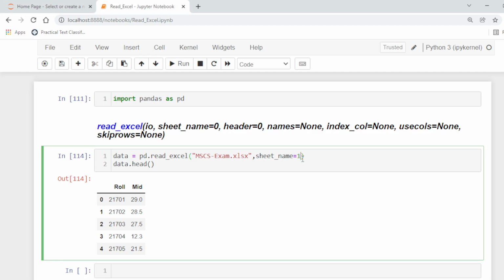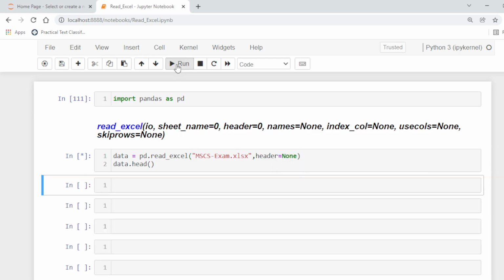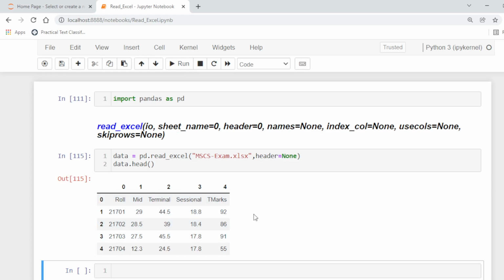The other is header. Header is basically the row to use for column labels. If your data set has no header labels, you can specify header as None. It means that there is no header row in your data set, so it will assign 0, 1, 2, 3 and so on numbers to each column, and in this case row 0 is also included as data values.